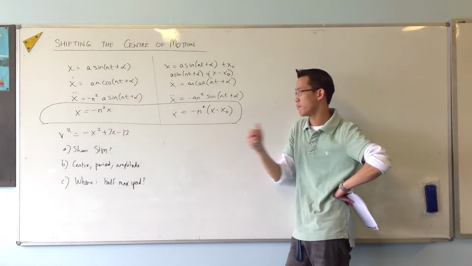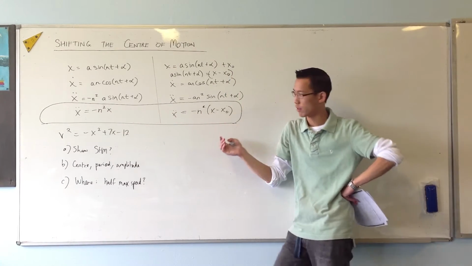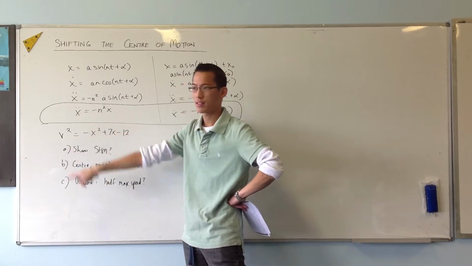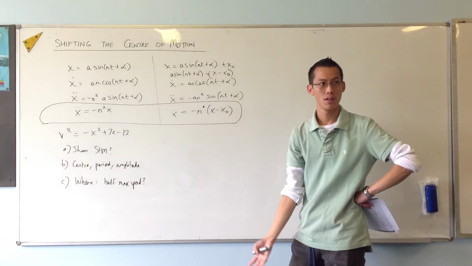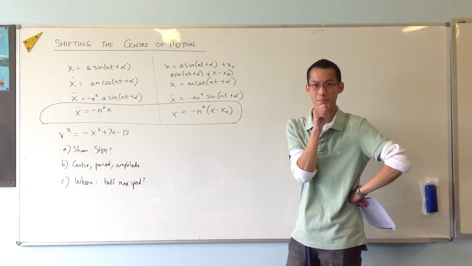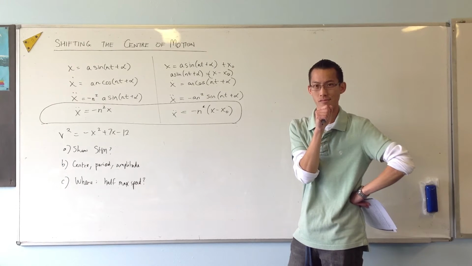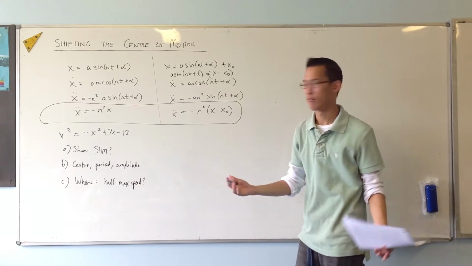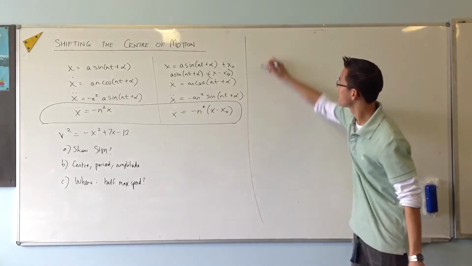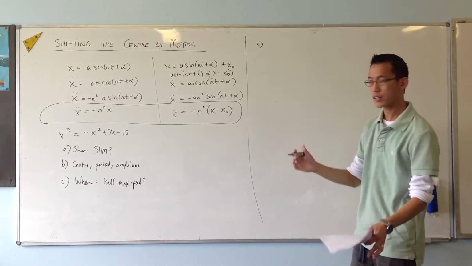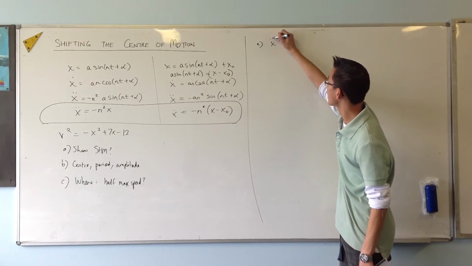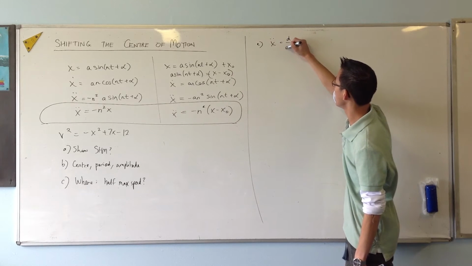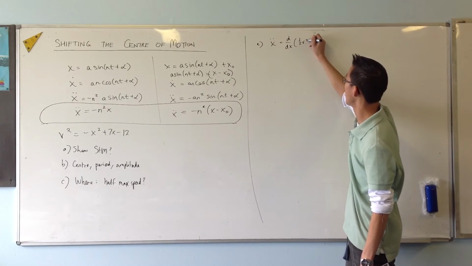So when you think about this, one of these being my goal, what I've got is v squared. I've got to get from v squared to something to do with acceleration. So which equation helps us do that? Yeah, good. This is going to be the half v squared one, right? So I'll start over here. This is part A. I know what x double dot is in terms of v squared. Namely, it's the derivative of half v squared